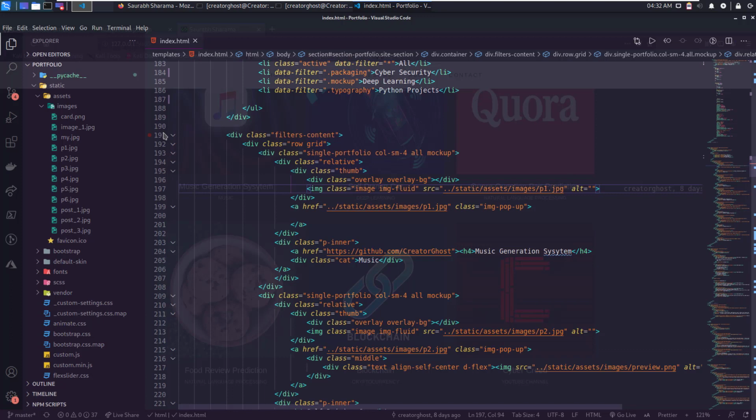So if you want to modify the images, like this Python projects image, you can download any image, but please make sure that you are downloading an image of the same quality so that things don't get messier and it looks perfect in the right dimension. And you can use an online tool to reshape the images that you download, and the images will be in the perfect dimension.